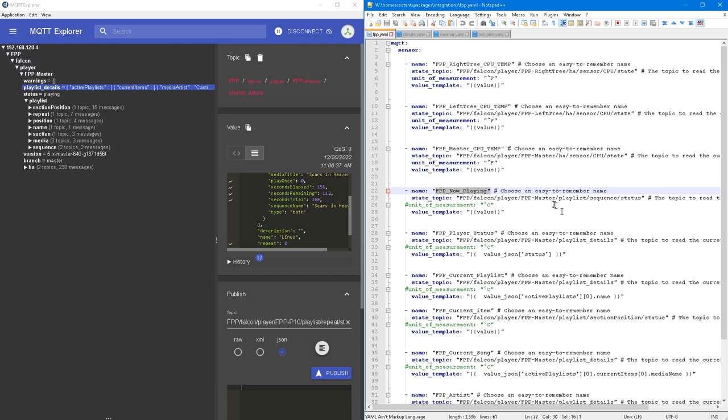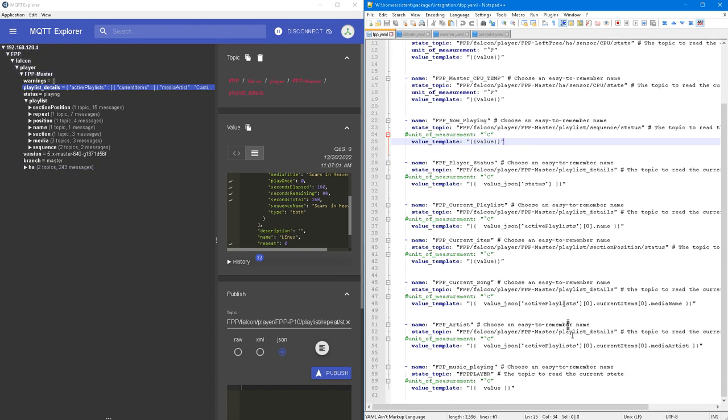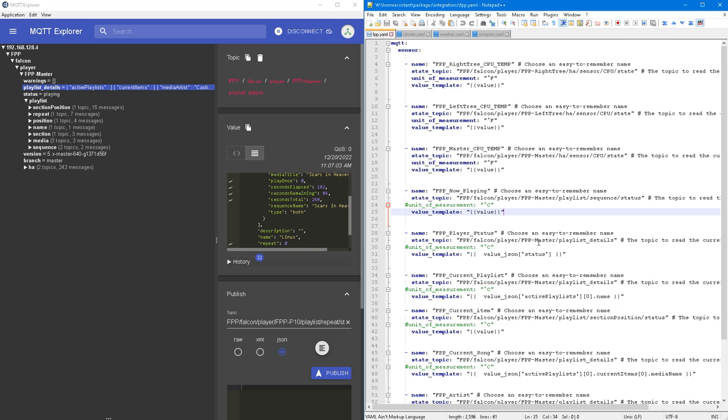The now playing is the song, and basically what you need to do is just grab the state topic that you get from this information over here, and then it returns the value from that state topic. So you can set up your different